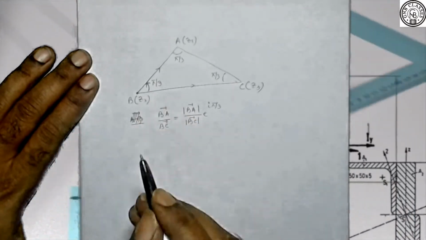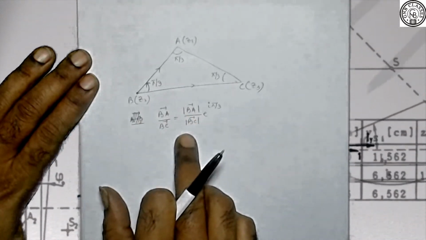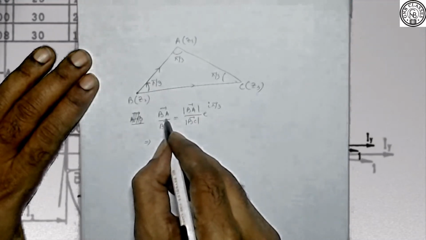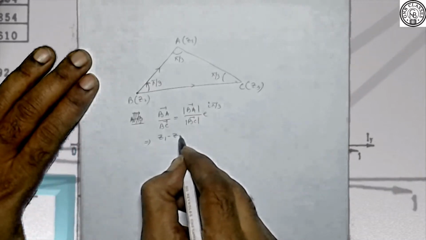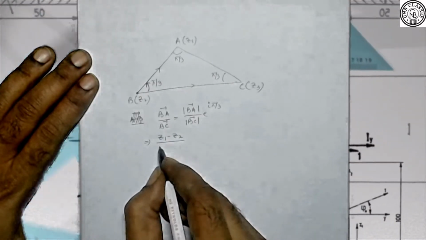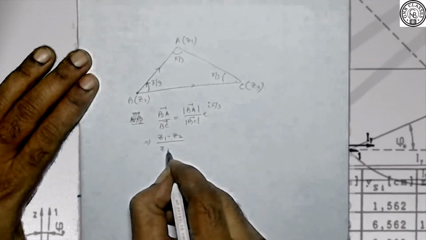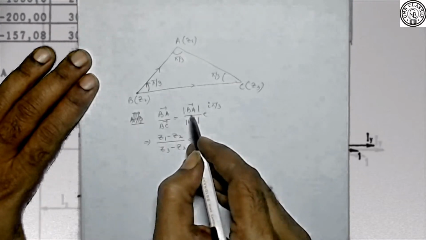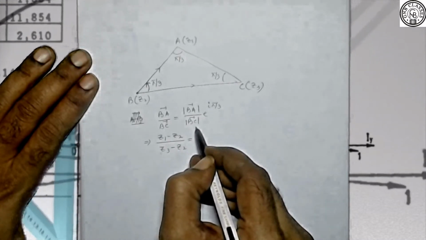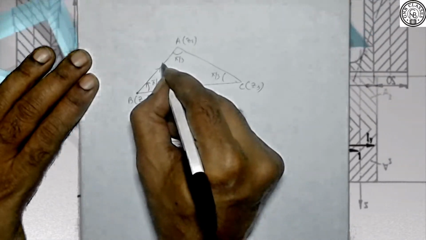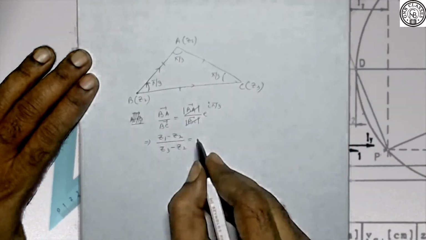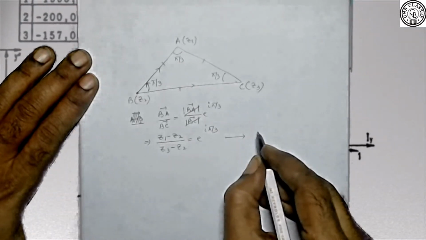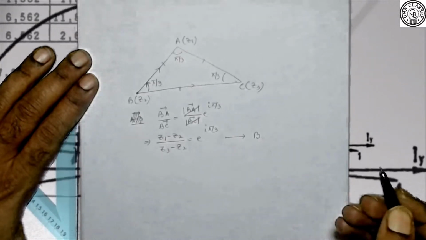This angle has been measured in the anti-clockwise direction, so we have applied our rotation theorem at point B. So we have BA vector, meaning position vector of A minus position vector of B, divided by BC, position vector of C minus position vector of B, which is equal to modulus of BA vector by modulus of BC vector. They are the same because it's an equilateral triangle, all sides are equal, so this will go off. It is e to the power iota pi by 3. Am I correct? We have applied the rotation theorem at point B.